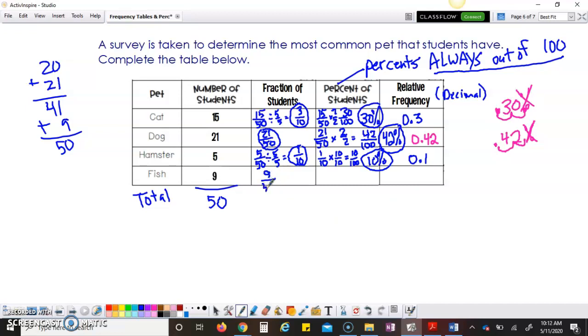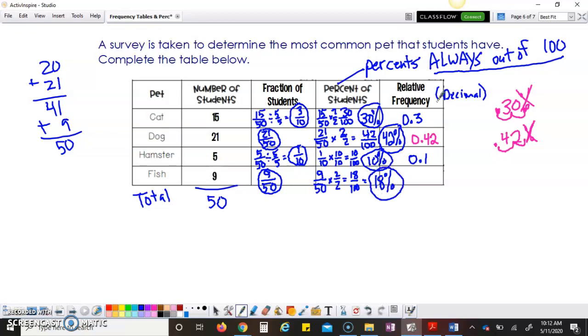We have 9 out of 50 kids that chose fish or that have a fish. I don't believe you can simplify that, so that is our simplified fraction. To turn it into a percent, we've got 9/50. How do I turn that 50 into 100? Times 2, times 2, top and bottom. And that's going to give us 18/100, which means that's 18%, because again,